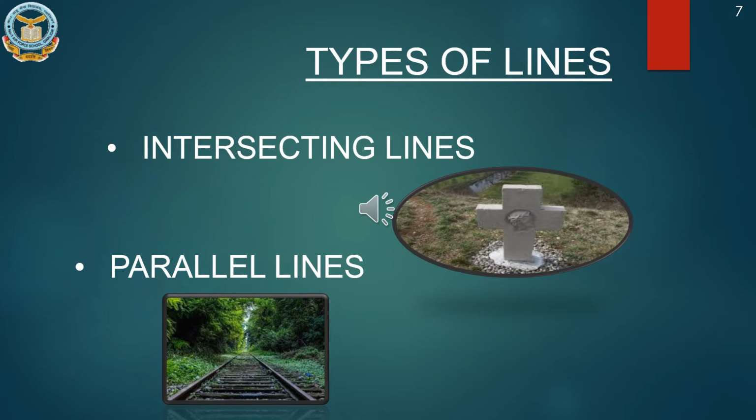There are different types of lines. For example, intersecting lines or parallel lines. Intersecting lines are the lines